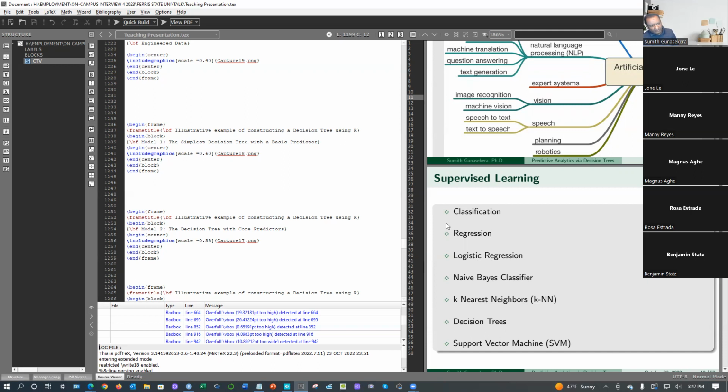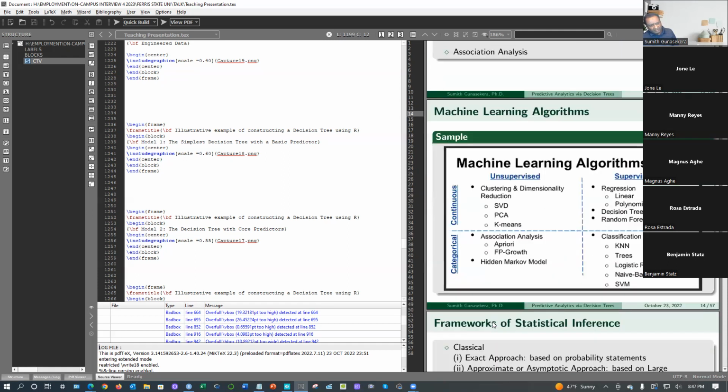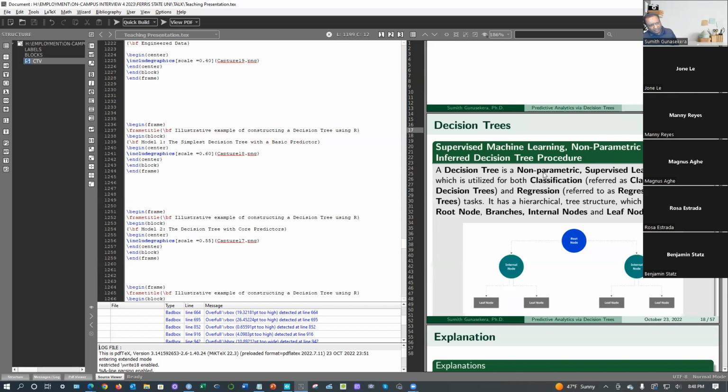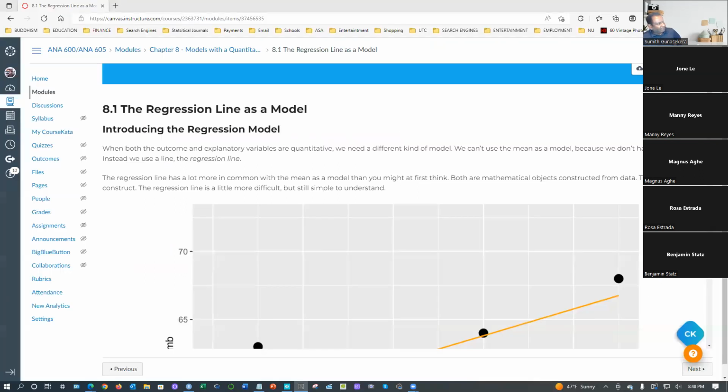See, this is called the parametric setting. This is non-parametric. You don't use the distributions. Here we use the distribution. Here we don't. It's easy. It's a machine learning setting. Decision trees are a non-parametric supervised learning algorithm. So you're going to learn all this stuff. We are systematically laying down a good foundation for you to learn the heavy stuff down the road.